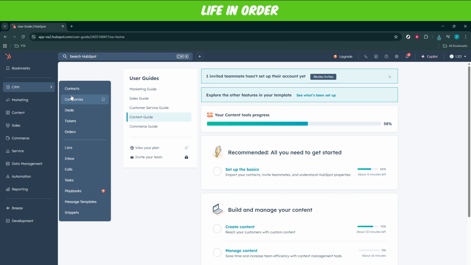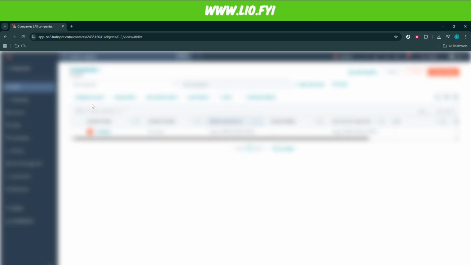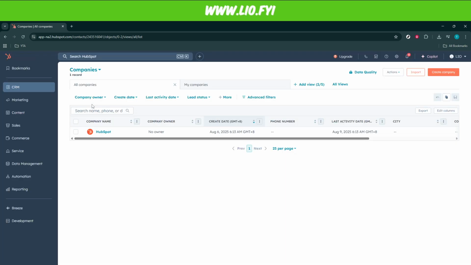Now that you're in the CRM section, the following step is to click on Companies. This is where you can view all the companies associated with your business along with their respective details. It's crucial to manage this section well, as it allows you to monitor and organize all components related to different clients or partners that your business deals with. As you navigate through this section, you'll notice it's structured to provide maximum clarity and easy access to important company